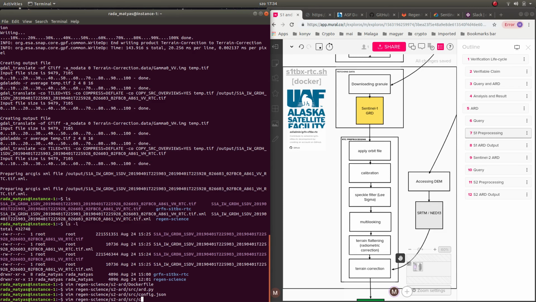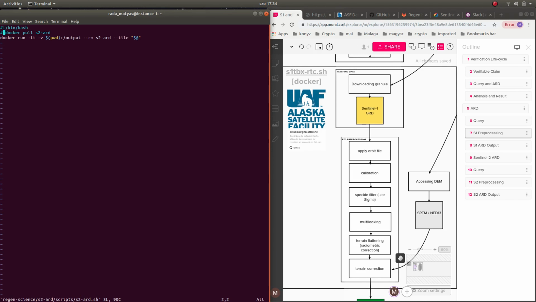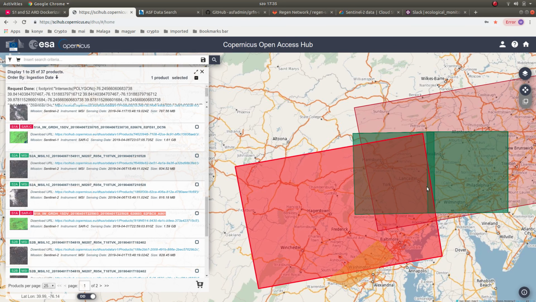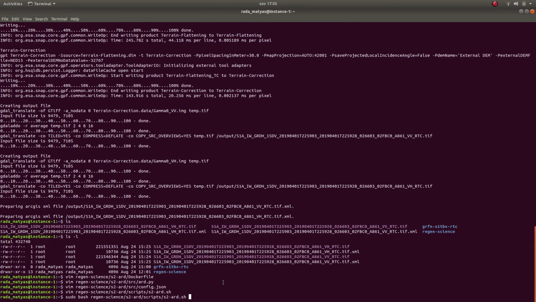It can be run as well with this, so like the design, if you don't mind, it's similar to the Airsoft tool. We can run it the same way by giving the name of a tile. So I prefer preprocessing one of these tiles because our area of interest is on the edge of this Sentinel-2 tile. So let's just pick this one randomly, and then